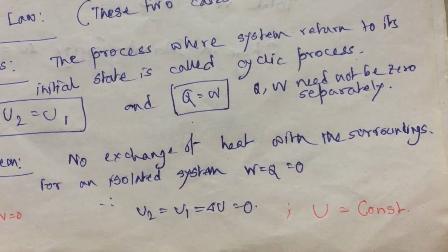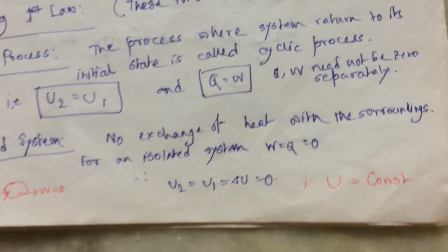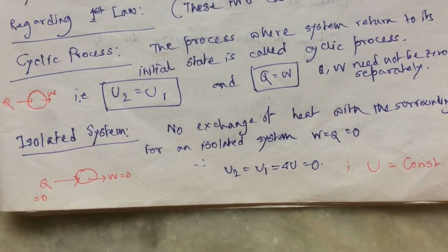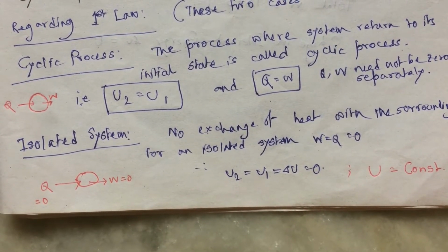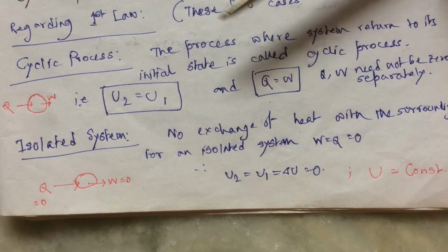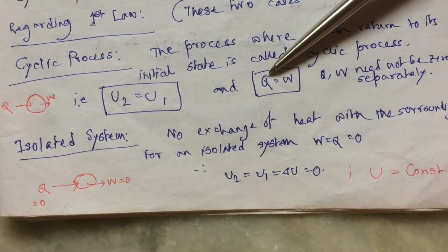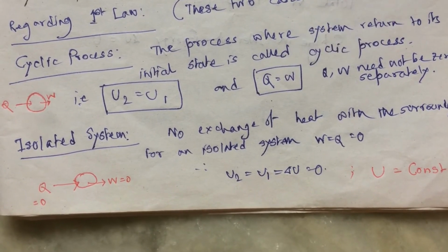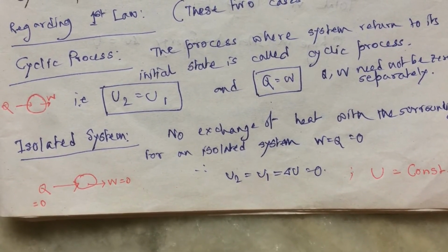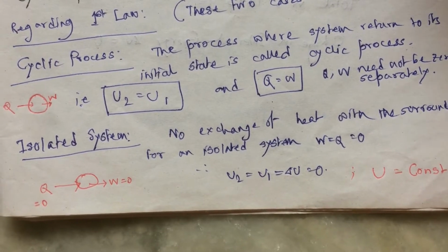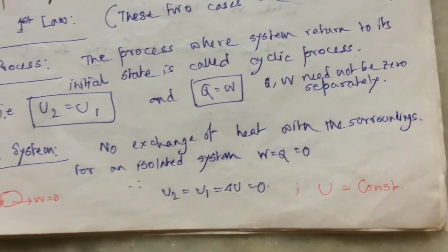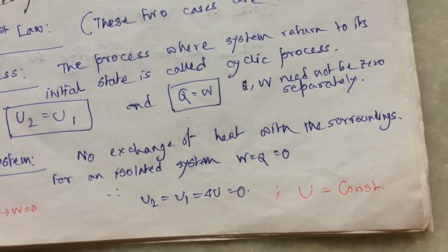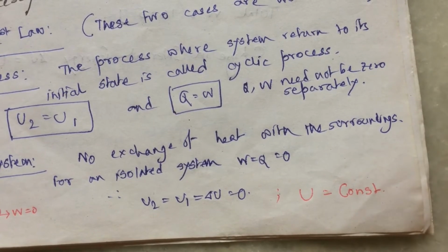So this is the basic difference between the cyclic process and the isolated process. For a cyclic process, Q and W are not equal to 0, but Q equals W. Cyclic process এর জন্য Q 0 নয়, W 0 নয়, Q সমান সমান W. কিন্তু আইসোলেটেড প্রসেসের ক্ষেত্রে কিউটাও 0, ডাব্লুটাও 0, তাই আভ্যন্তরীণ শক্তির পরিবর্তনটা 0। এটাই একমাত্র কারণ আভ্যন্তরীণ শক্তির পরিবর্তনটা 0 হওয়ার, মানে অভ্যন্তরীণ শক্তি কনস্ট্যান্ট থাকার।